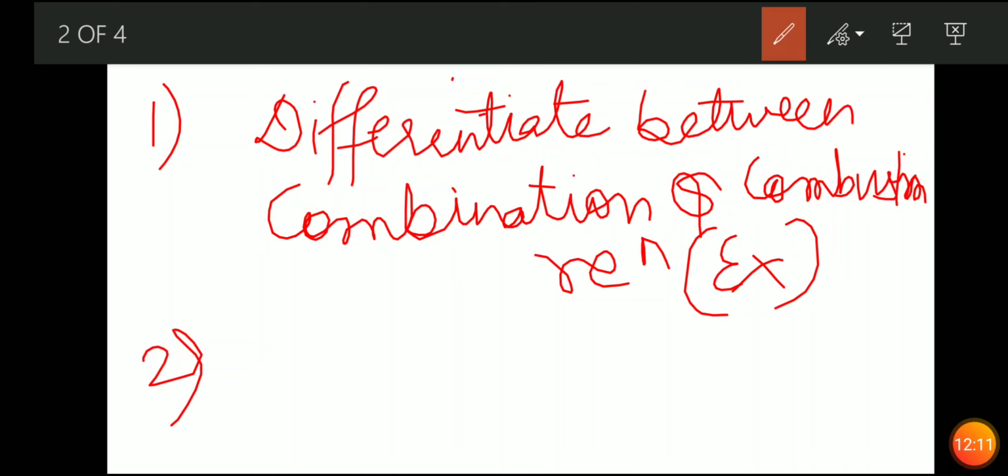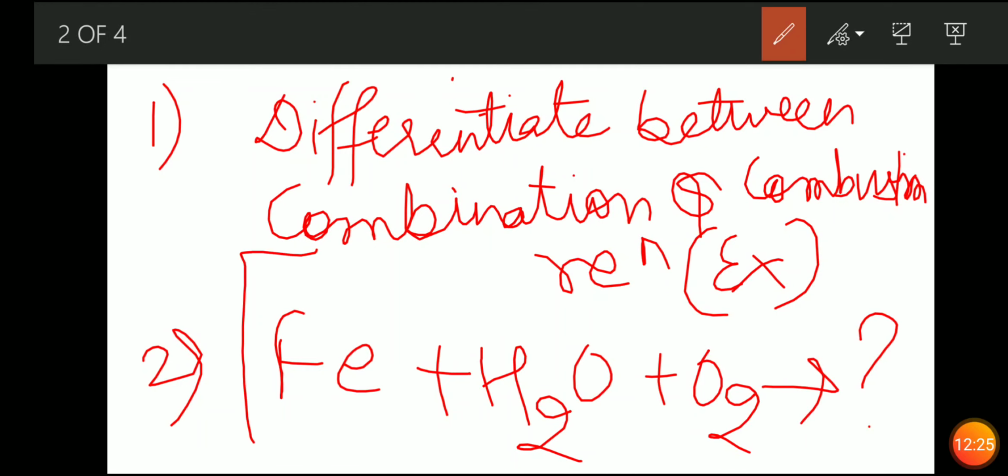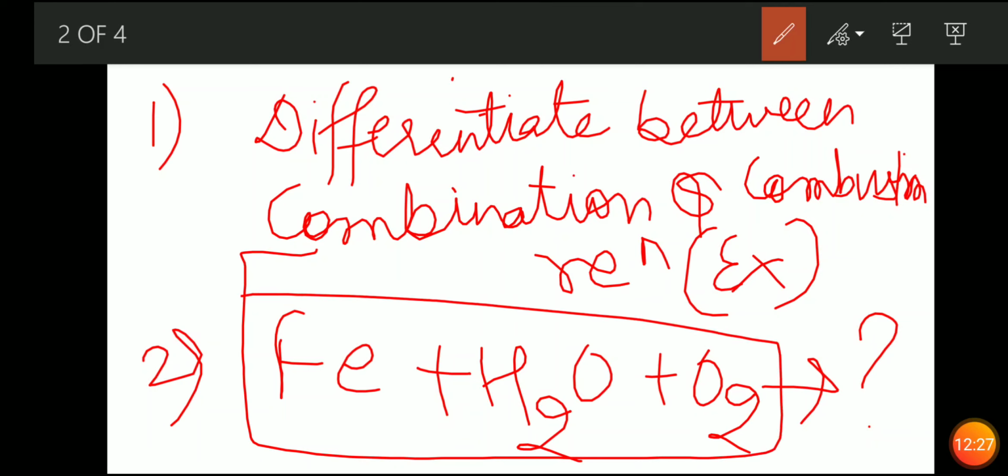Second question is, when we react Fe plus H2O plus O2, what will it form and what do you call this type of reaction? Will you call it combustion or combination, and which product will form here? You have studied this in class 7th, that is rusting of iron. So you tell me the product here. That's all for today. Thank